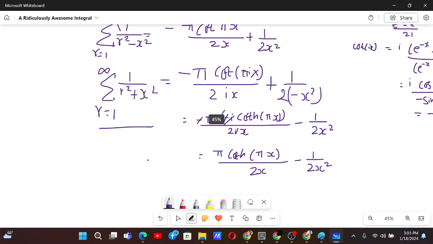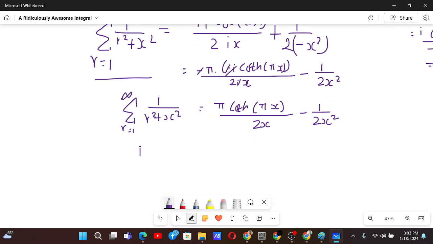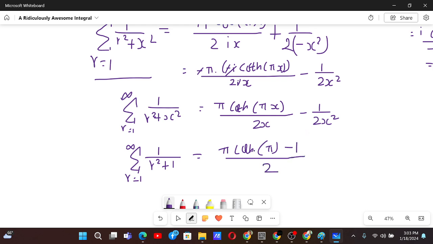Now we know that this is equal to the sum from r equals 1 to infinity of 1 by r square plus x square. To find that sum, input x as 1. Sum from r equals 1 to infinity of 1 by r square plus 1 will be pi cot pi by 2, minus 1 by 2. So this is our alpha 1. Now for alpha 2,